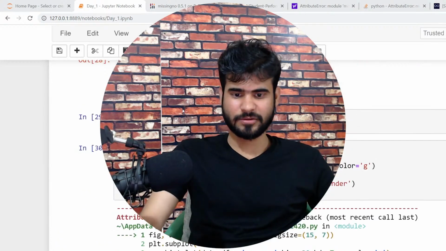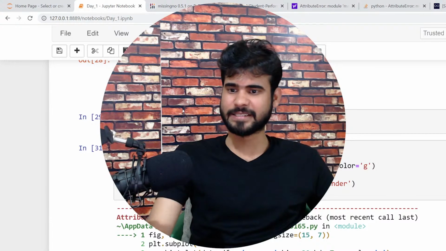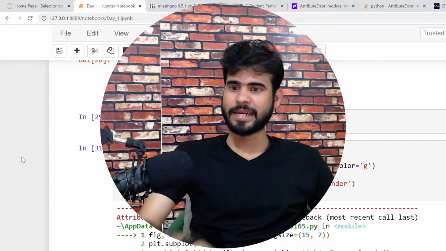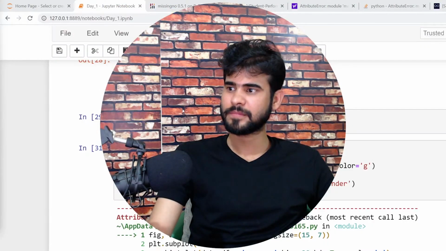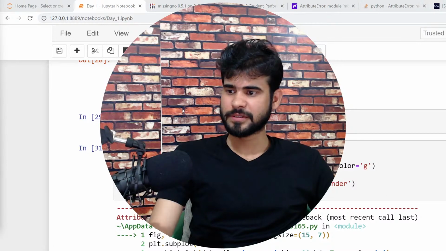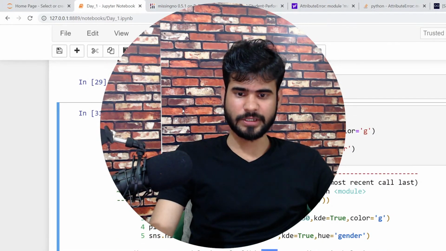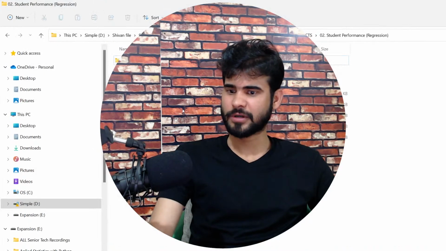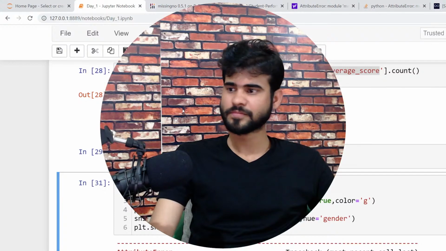No S. Okay, I'm just checking with no S. No, it's subplots with an S. We can define S here, powerful. Even the functions, matplotlib no attribute, even the starting point is fine. What do I need to do here?